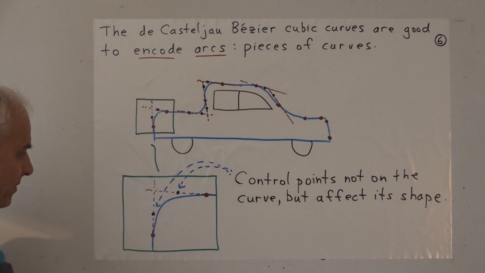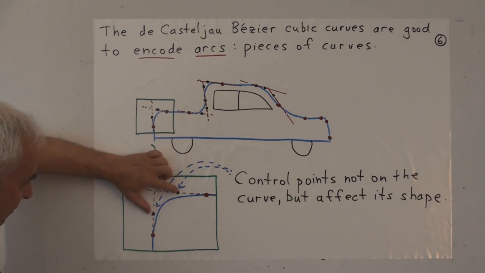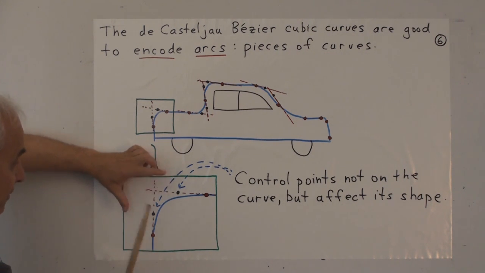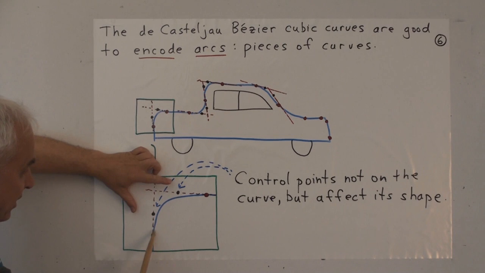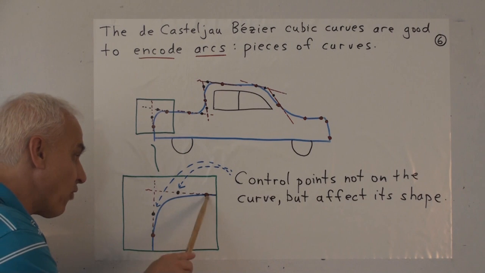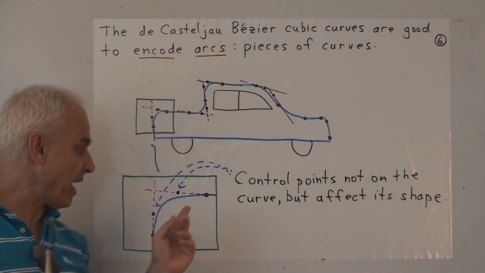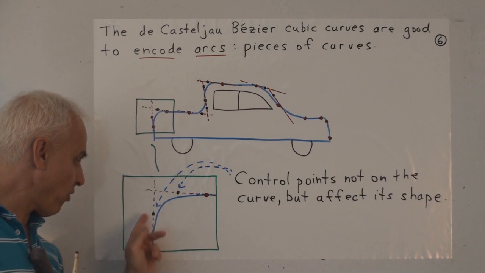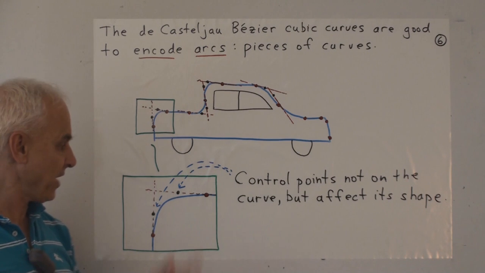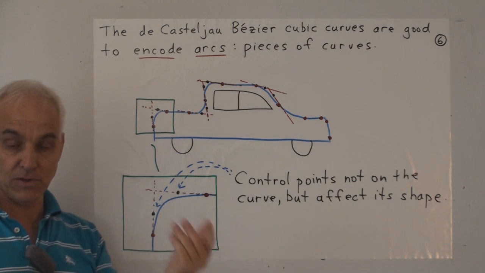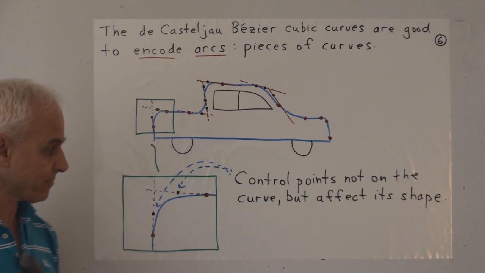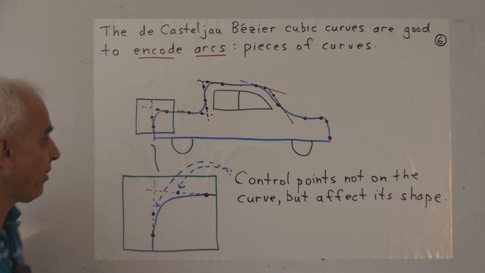So if we have a little computer and we can move these points around and adjust, well, then we can physically move them around and visually get this curve oriented to the shape that we want it to. And then we can record the position of these 4 points, and that encodes that entire arc. Right? So these 4 points end up encoding that arc. What I have to do is transmit these 4 points to you, and then you can easily recover that arc using the formula involving the Bernstein polynomial coefficients. All right, so that's the basic idea. It's very simple and elegant.